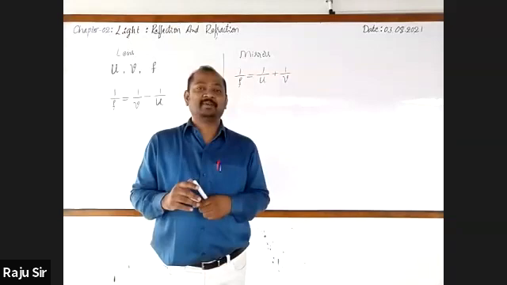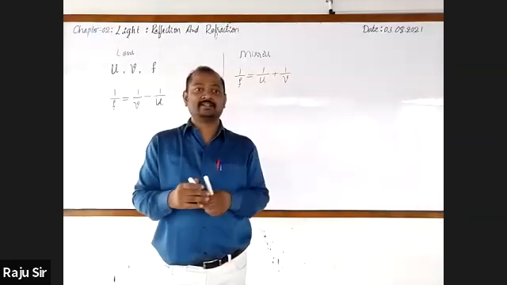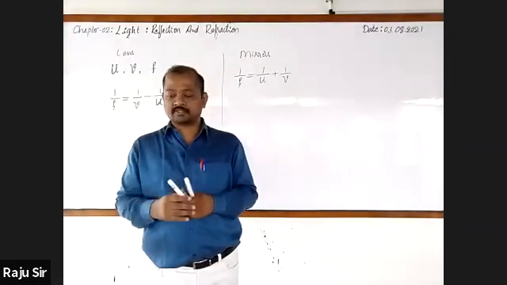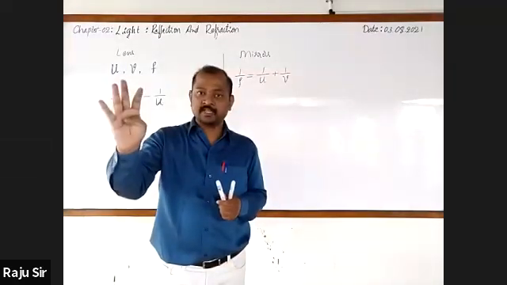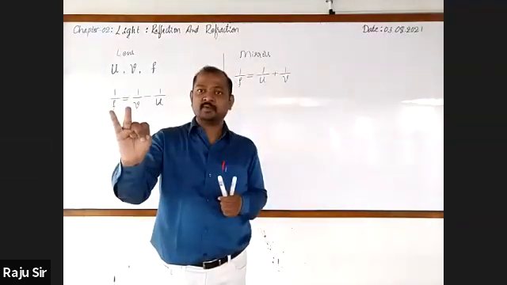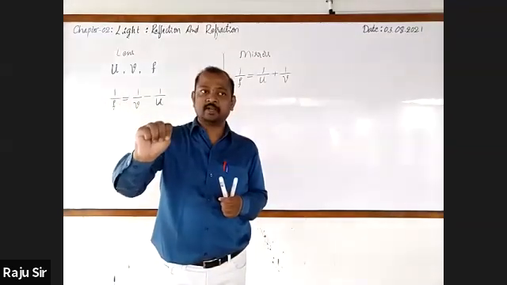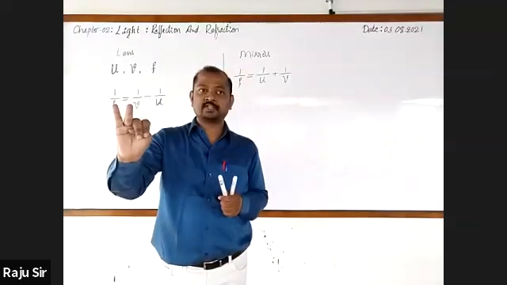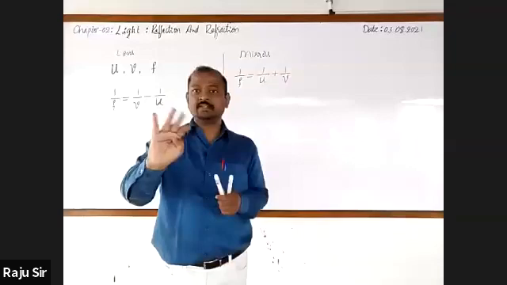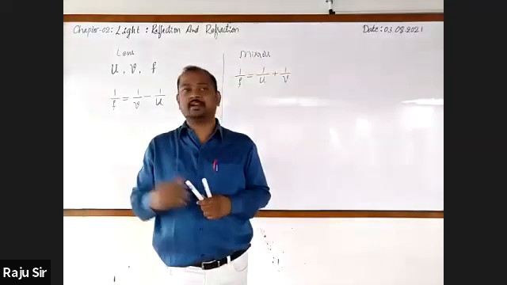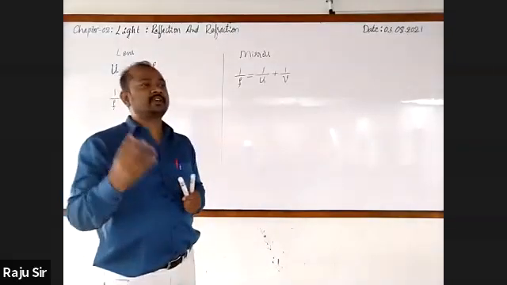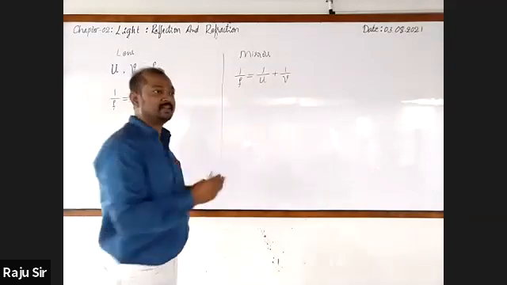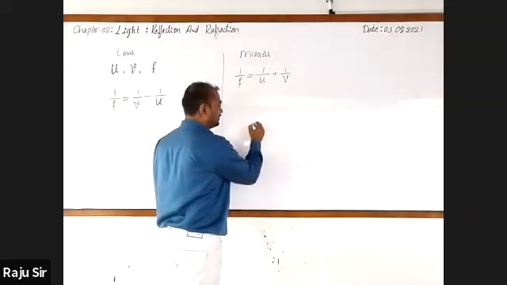Scalar and vector. Other than that, distance and displacement, speed, velocity, average velocity, acceleration, deceleration or retardation, uniform acceleration. These are the important physical quantities that we had learned. Just to recall, the average velocity formula: total distance by total time taken.